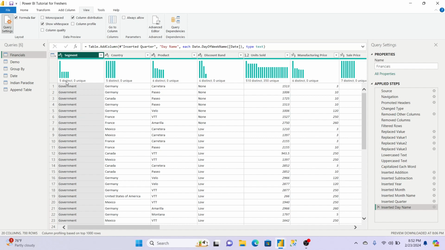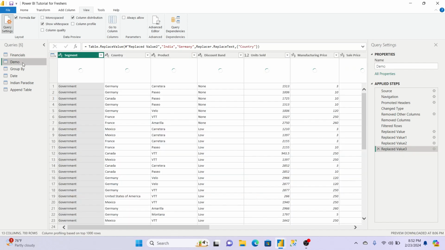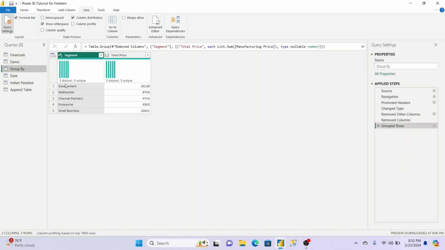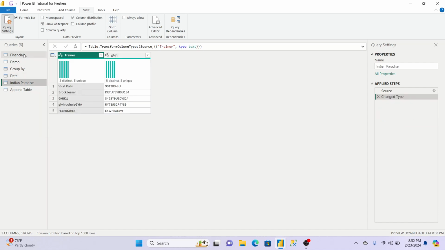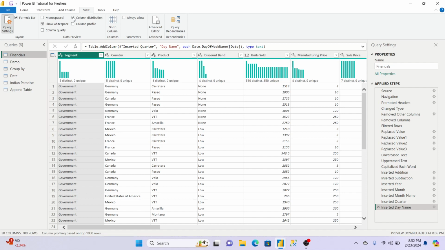So it has shown 5 distinct. Group by here, you are able to see 5 different records, but each has come only one time, so 5 unique also. See, all the different dates are there, so 16 unique it is showing. That's the magic and difference between distinct and unique.